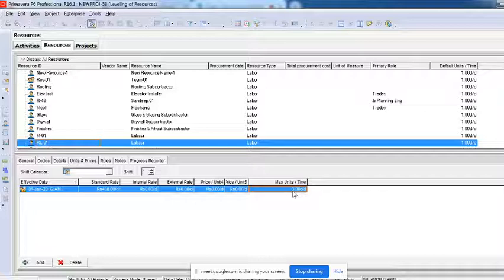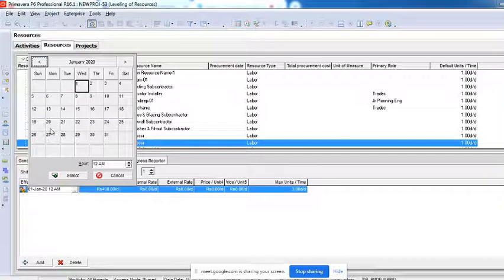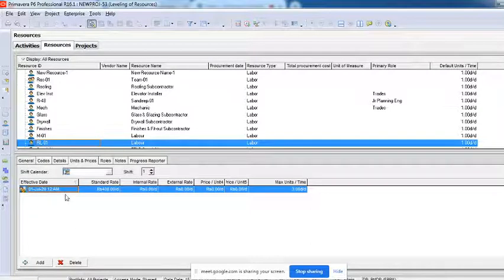Means what? I am proposing 5 probably, or whatever, 10, but here I say that the maximum per day we have is only 3 resources per day. Maximum I have only 3 labors available from this particular date, or whatever date. You can change this. The moment you click on this, you will find the calendar. You can change the date. For example, if I want to change this to 1st of July 2020, from this date there's an availability of only 3 labors, right?